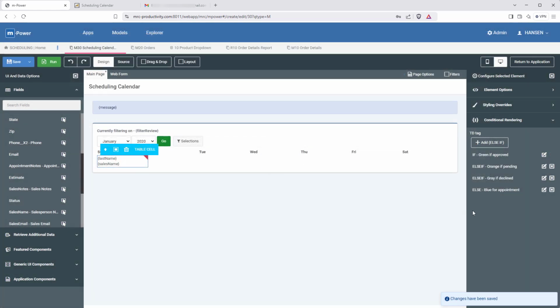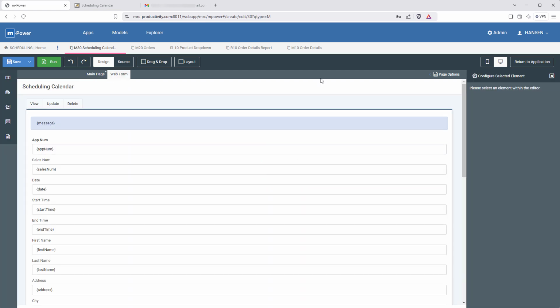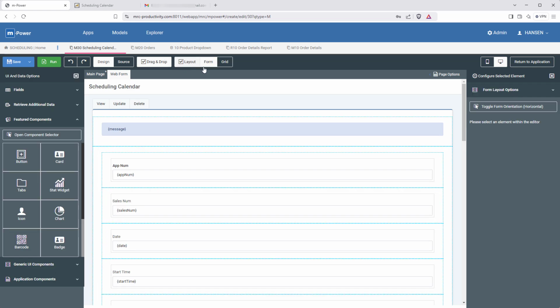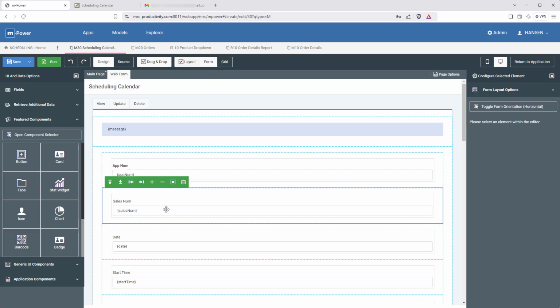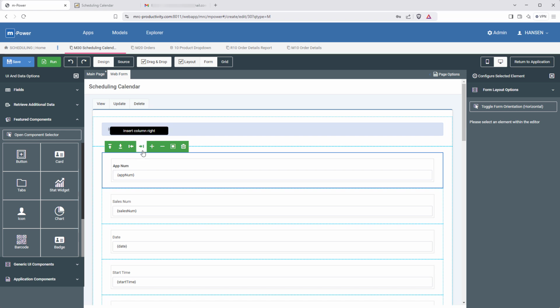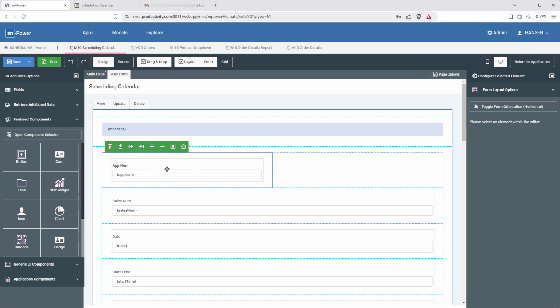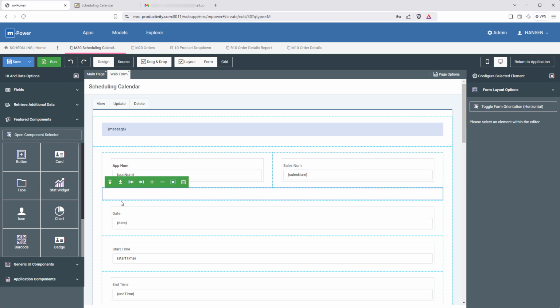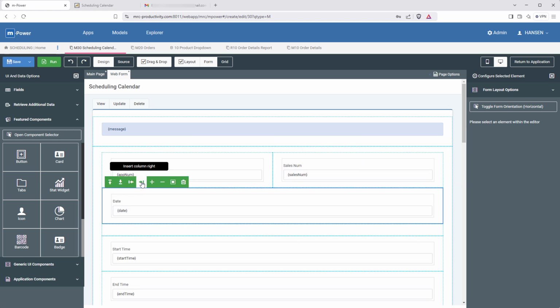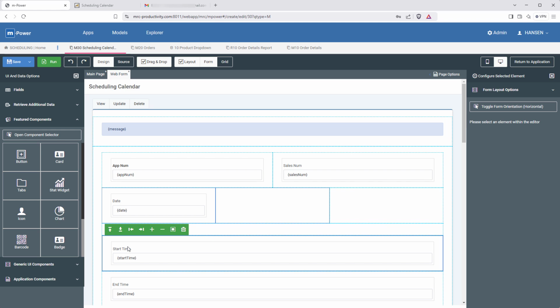Okay, so I'm all done with that. I have my conditional colors in there. So now we'll be able to know the status of each calendar listing just by looking at it. And now one more thing before we check it out. I'm going to reformat this form in here as I'd like to use the space in the pop-up box a little better. And this is just a matter of splitting rows and dragging and dropping my form fields where I want them. I'll finish this up in the background and skip ahead since it's a really straightforward process.